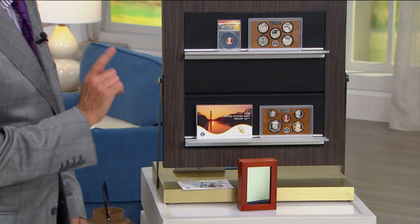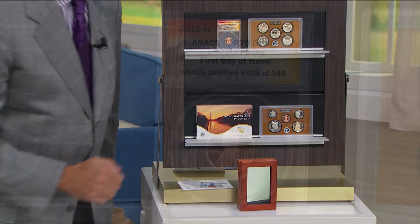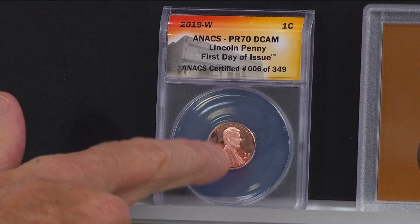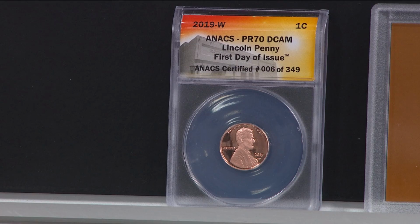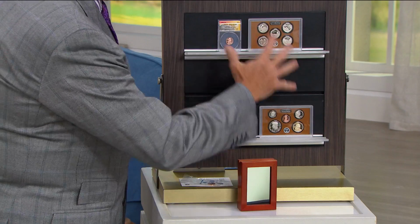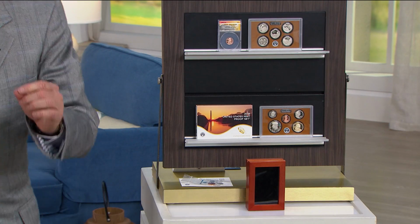You get that Lincoln cent, that West Point minted Lincoln cent. You get it in absolutely perfect condition. I wish I could have done a limited edition of 3,000 or 5,000. I could have sold every single solitary one of them. But I can tell you right now, first day of issue, good luck finding a first day of issue at $249. Now, not only do you get the coin, I'm going to give you the entire proof set, the rest of the proof set, and I'm going to give you the Red Oak presentation box, which is what makes this